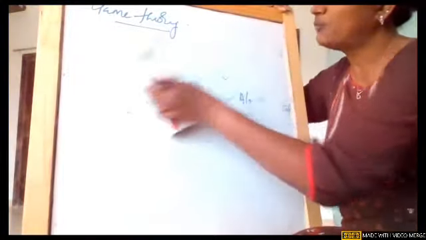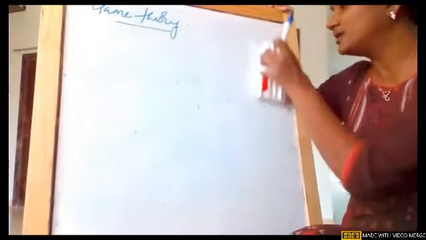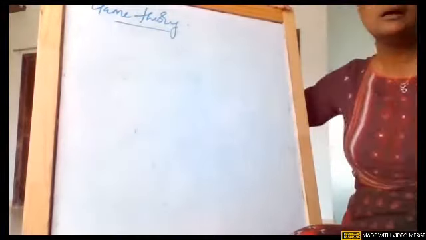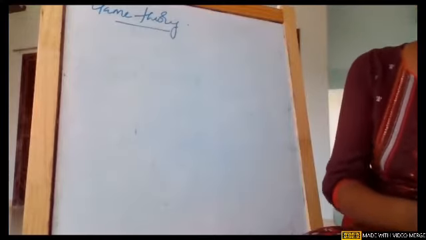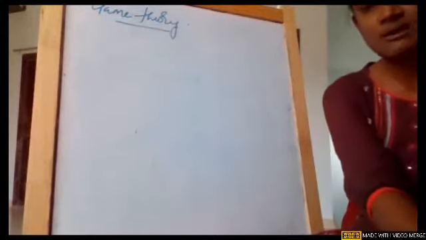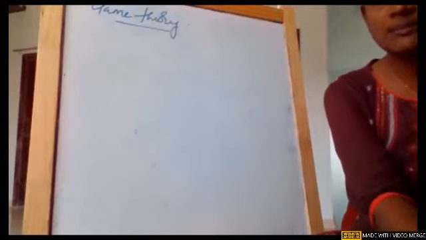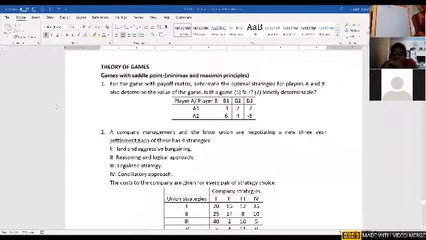Though the names look a bit confusing or complicated, they are quite easy. In order to understand what is saddle point or how to start solving the game theory matrix, the matrix we just saw as an example is nothing but the payoff matrix. Such kind of problem we will try to see once I share the question. Based on that question, we will try to solve the problem. So now if you see, girls, this is how we have the matrices. I hope you all can see the question. So maximin and minimax principles. What are they? I'll let you know. There is a matrix which is given to us.